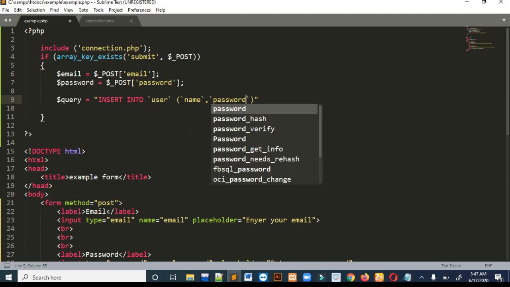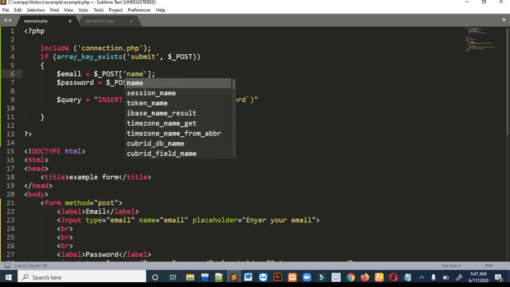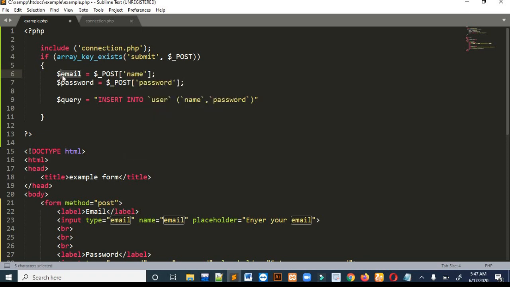As it is name, I think I should change this also. If you want to insert the email, you can use the same thing, but as I had created the database with the name, I am using the name.